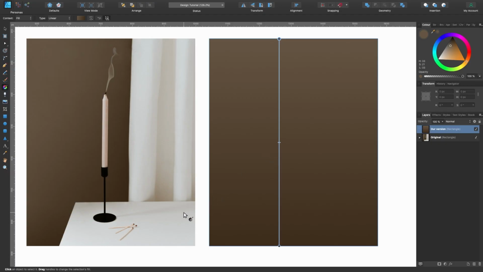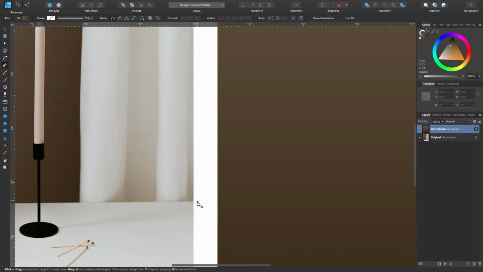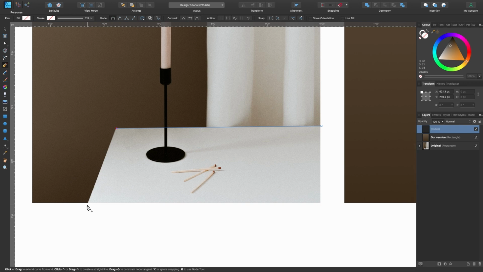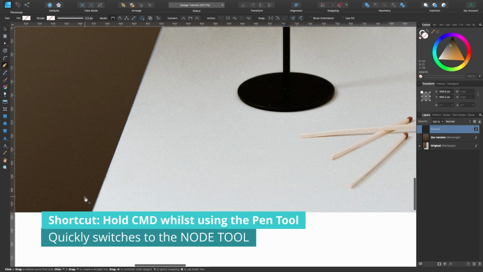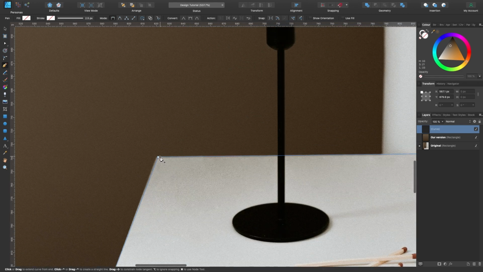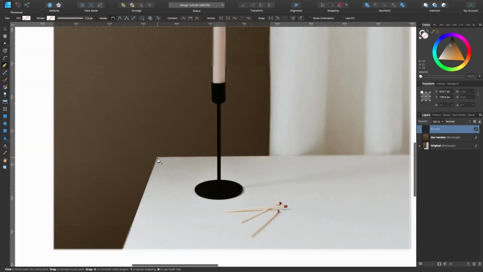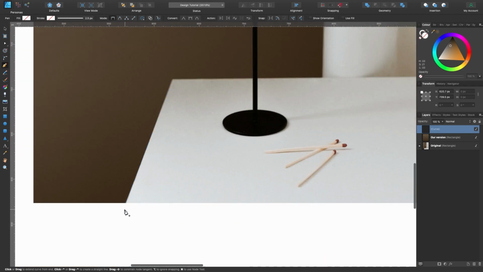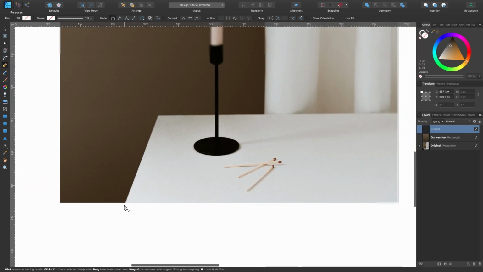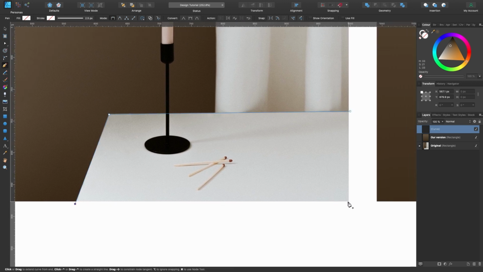So I'm going to create the table next. I'm going to click on the pen tool, which is shortcut P. Click on that, and we're going to zoom in and just click somewhere where it starts off. Click on the corner and click somewhere like that. If you didn't get it quite right, remember you can always hold down Command, which is your shortcut for the node tool, and just click on one of the nodes and play around like that. I'll just go up, click and drag. Doesn't have to be perfect, but I'm just showing you the tools. I want to select this one again so I can continue my shape. So I'm going to press Command, click on that node so it knows that's where we're starting off from again. And I'll just click somewhere like that. And we'll close the shape here.